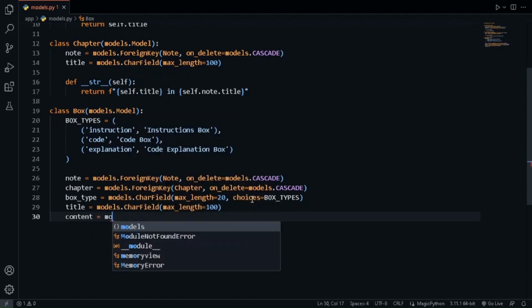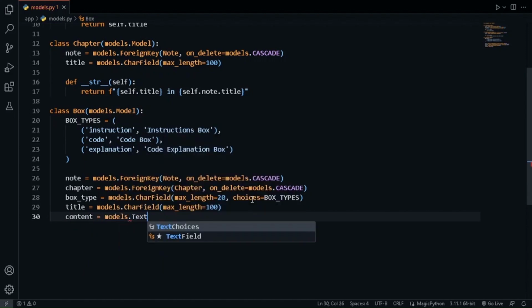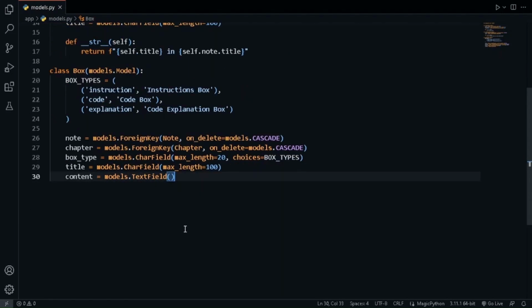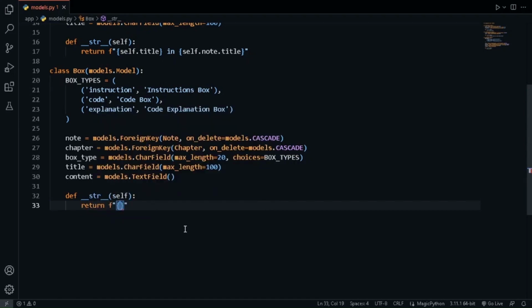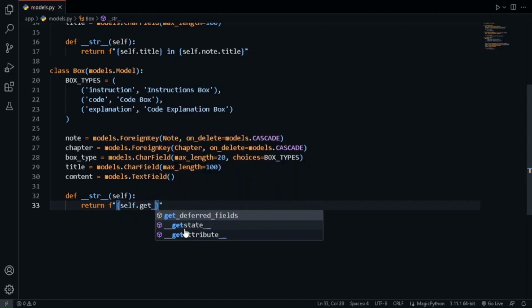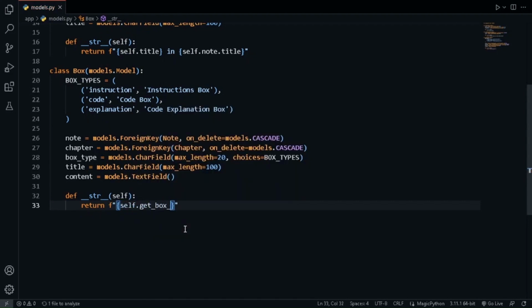So content will be a text field, and then we will not be setting the null or blank to true because it is a necessary field. And then in the admin page, we don't want to show box object 1, box object 2. We want it to be self explanatory. So we return an f string, and then we return self.get_box_type_display,